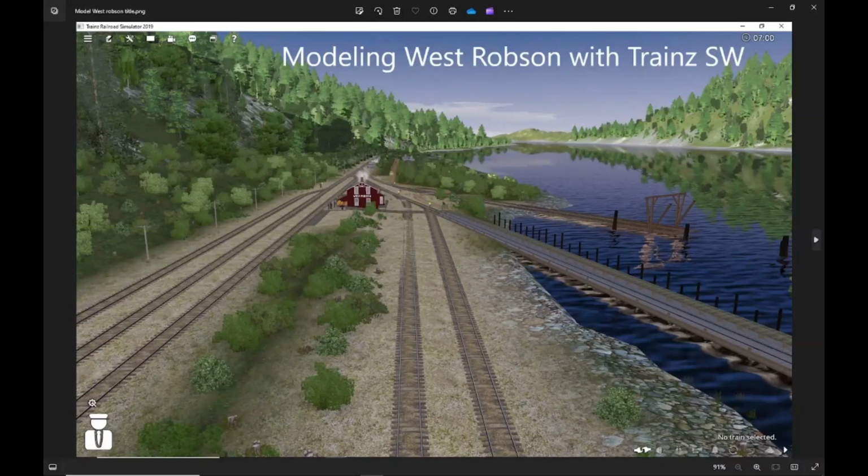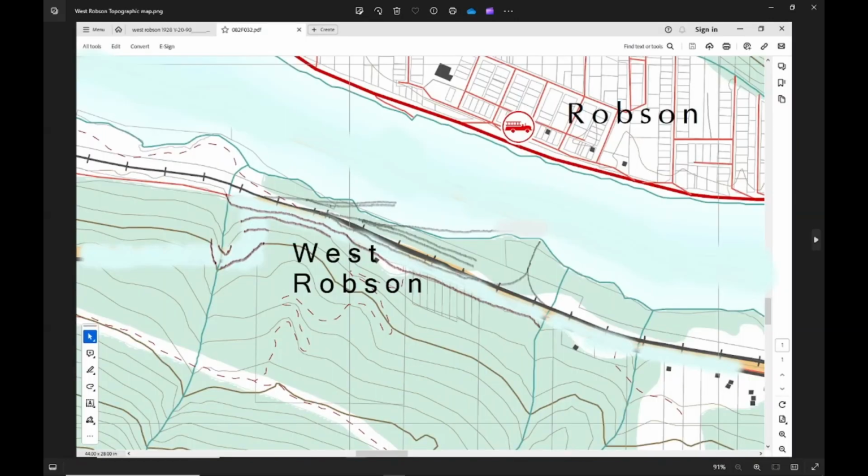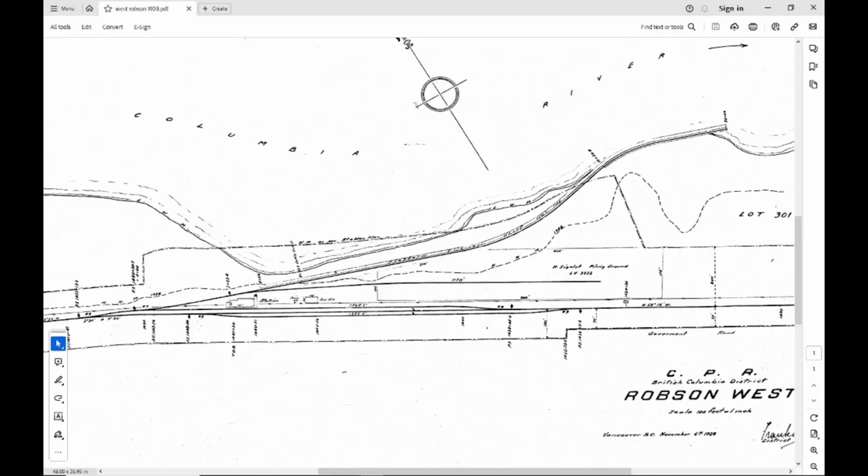In this video we're going to show how we model West Robson using Trainz software in 1901. Okay, we'll use the West Robson topographical map from BC Maps. It shows where the rail line was in modern times. We will use the C&WR Robson West 1928 track plan, which shows the sidings, the spurs, but it is missing